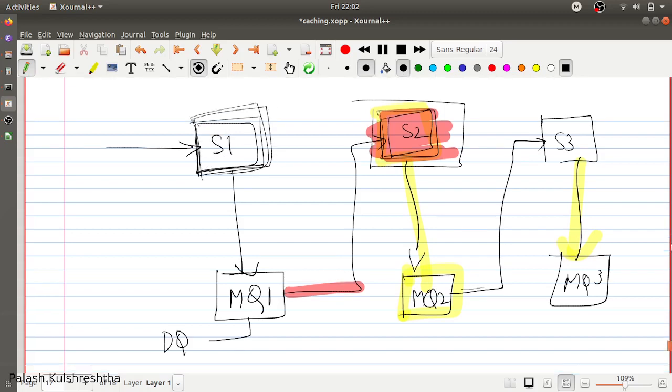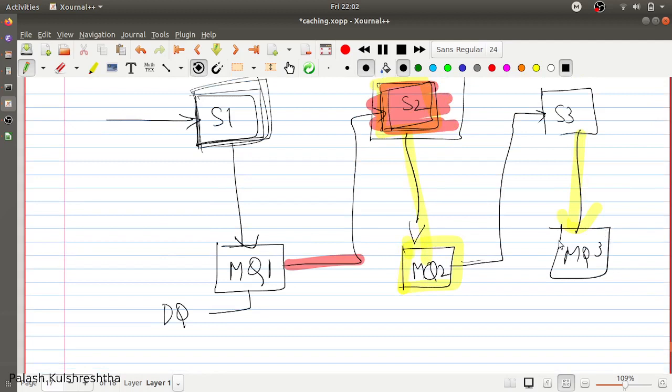In this case, you may have to write another system which reads the dead letter queue of service 1 and takes a compensating transaction for service 1. I am writing this as service 1 complement. It is doing the reverse operation of service 1. Whatever operation service 1 took, it is going to reverse that operation and then push that in another message queue.